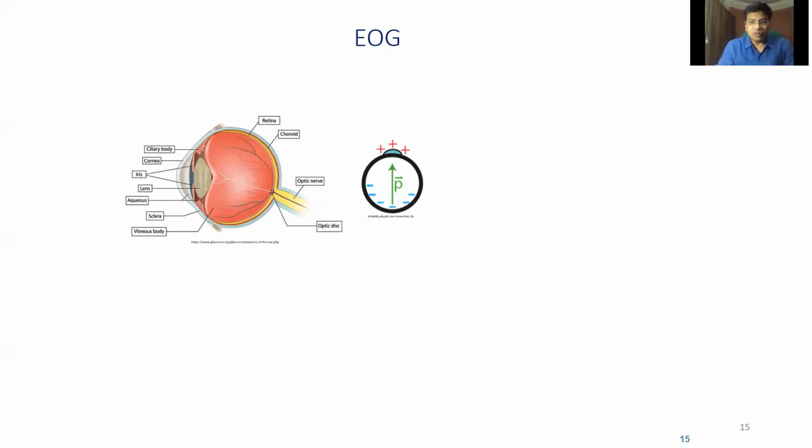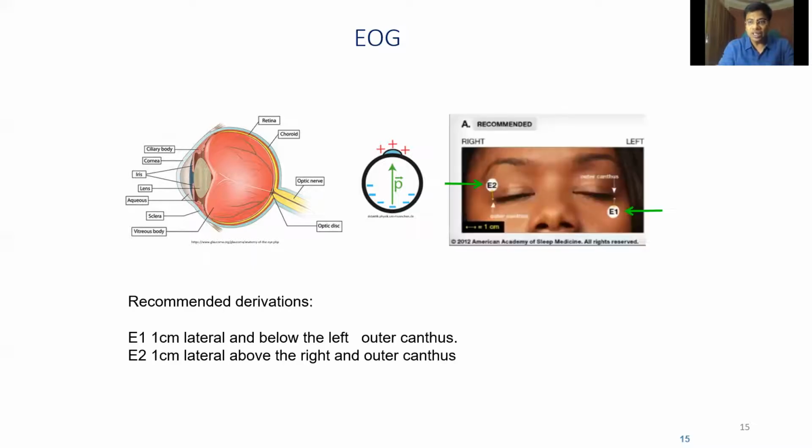Once we have found the EEG locations, we also need to look at the EOG, because EOG locations are also really important to find. EOG electrodes and chin EMG electrodes are the ones through which we can differentiate between REM and non-REM stage. What will happen in REM stage? In EOG, the rapid eye movements will be there.